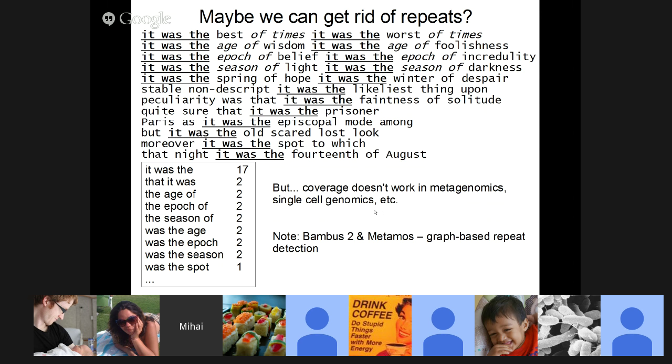Part of the reason is that there are organisms that are very highly abundant and organisms that have very low abundance in a metagenomic sample. If I'm just looking at how many times something occurs, I might mark everything in the most abundant organisms as a repeat because it occurs much more frequently than the average of the rest. We have worked on a variety of approaches that use other ways of figuring out what repeats are, using, for example, graph-based techniques developed originally in social network analysis to decide that a particular node in the graph is a repeat because it's